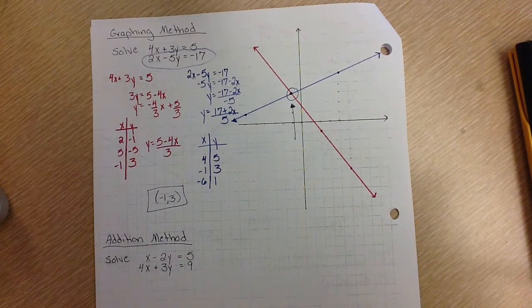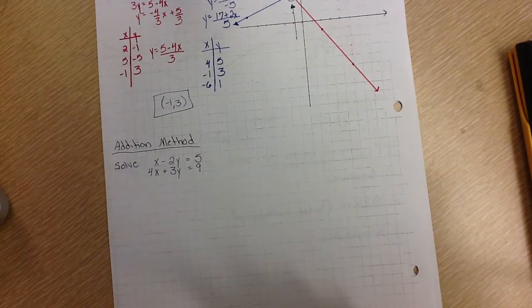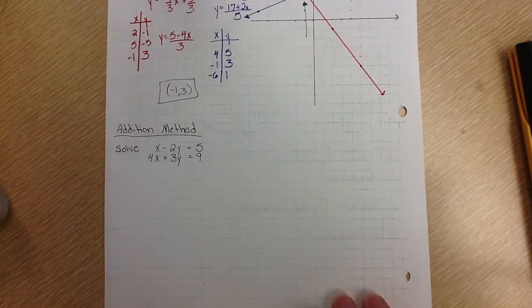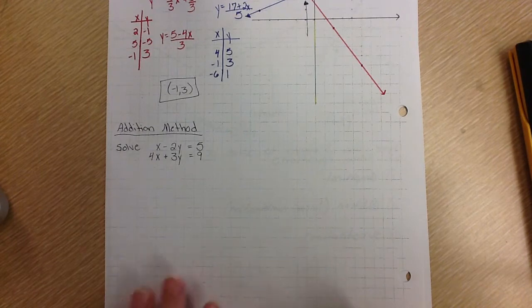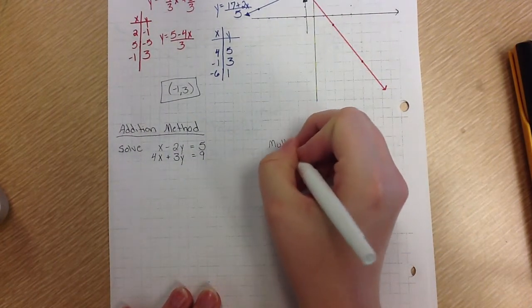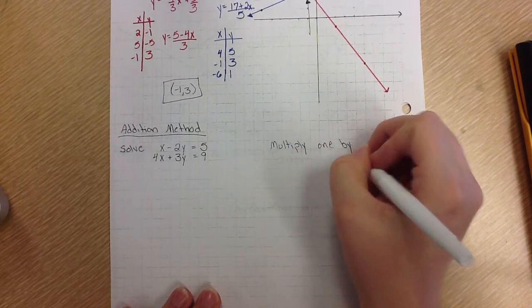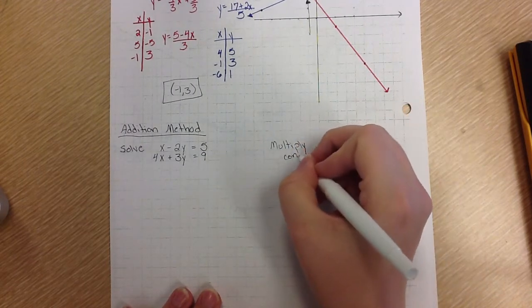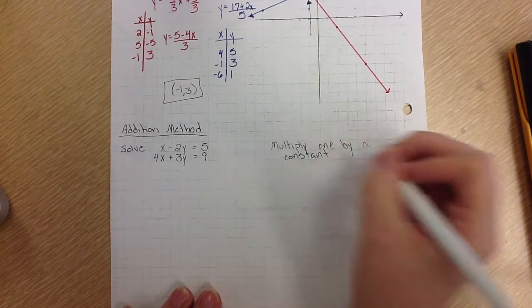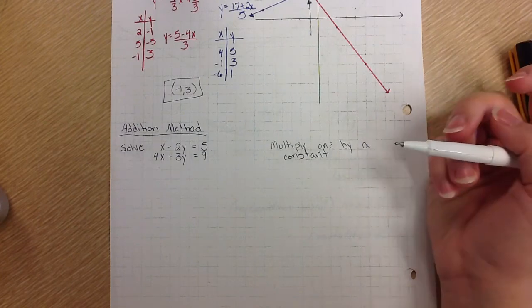Okay, next we have the addition method. With the addition method, you actually add the two equations. First, you might need to multiply one by a constant, or just a number. We want to multiply so that way when you add them, something will cancel out,